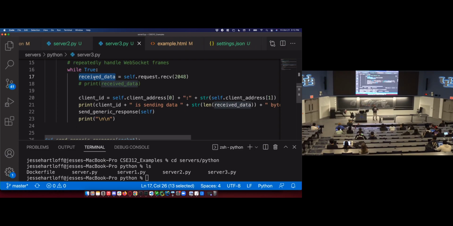We did the WebSocket handshake. We did that dance with the browser. The browser should only be sending WebSocket frames over this socket, over this TCP connection. So whenever I receive data here, I expect this to be a WebSocket frame. I'm going to go into my parsing. I'm going to read the opcode, the payload length, all that stuff. I'm going to do all that good parsing stuff that we talked about on Wednesday, and then demask the message